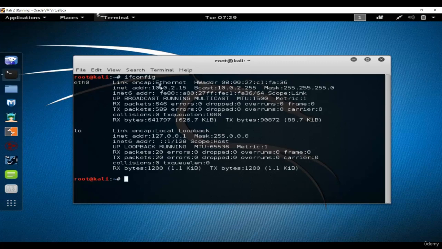Okay, so let's focus on this one. So this one is our private IP assigned to this particular system, okay, by our gateway. So this is the IP address for this particular system. We can also change these settings, or network configurations, using the ifconfig command, but we will do that in the coming lectures. For now, let's just focus on the IP address and net mask. Okay, so